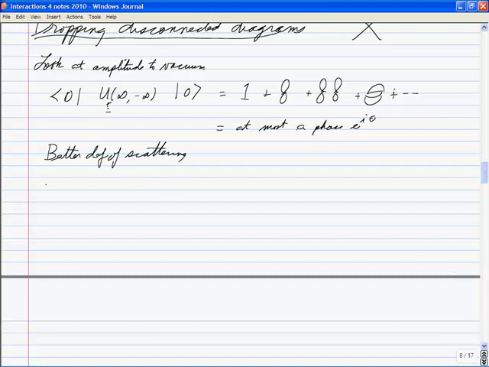Okay. So I might have T_fi is what I want, U of infinity minus infinity initial,